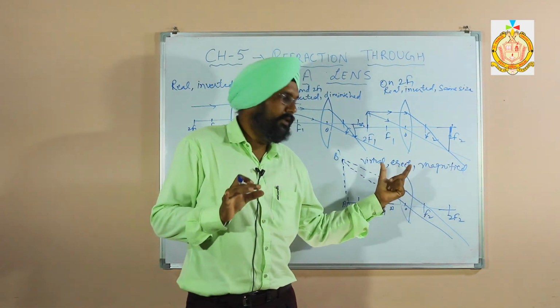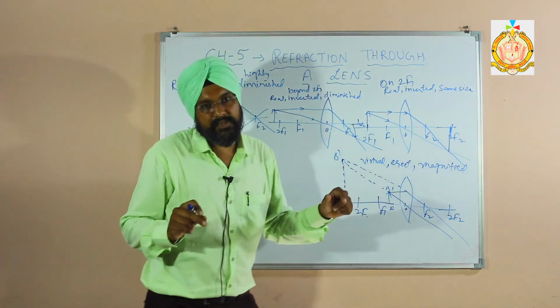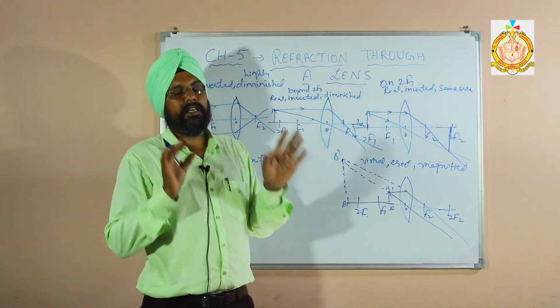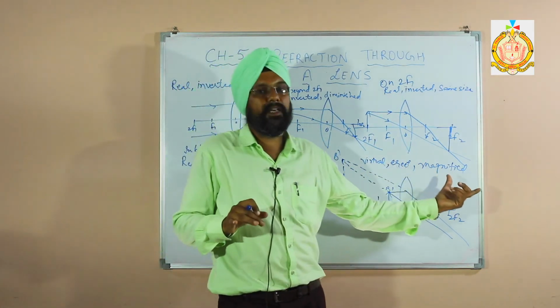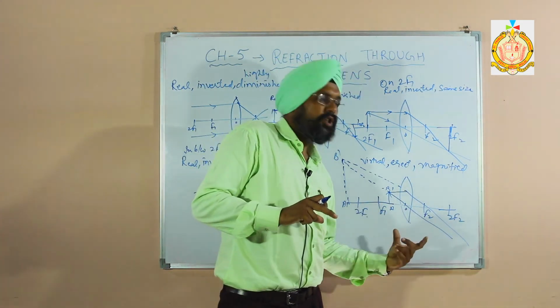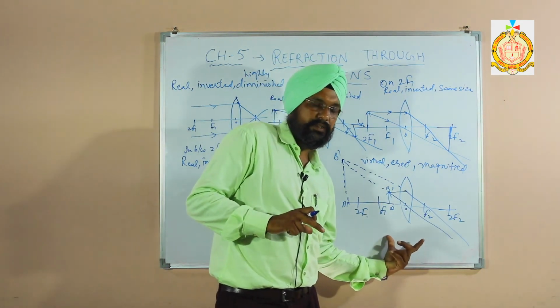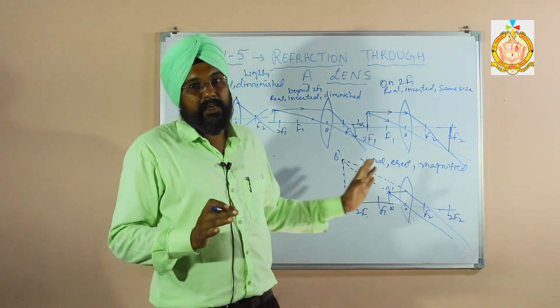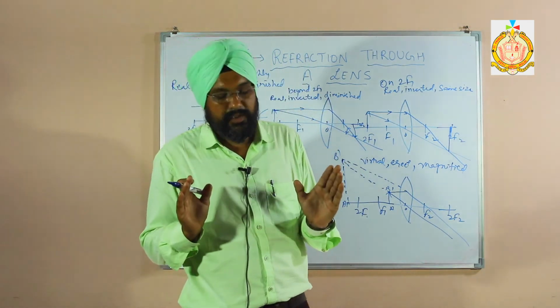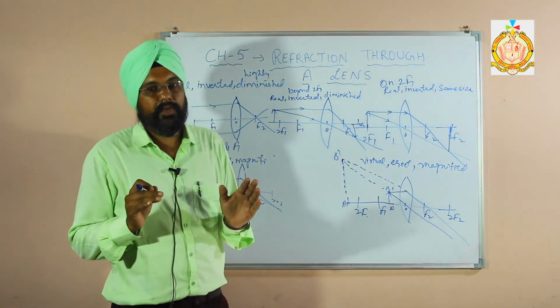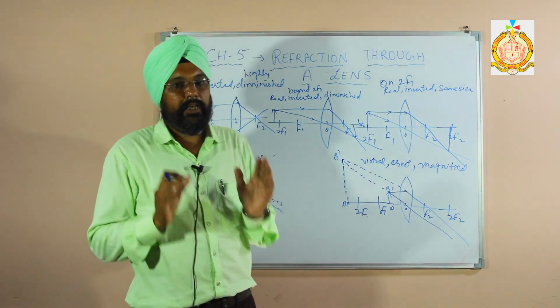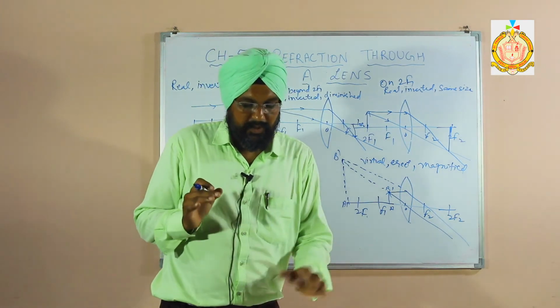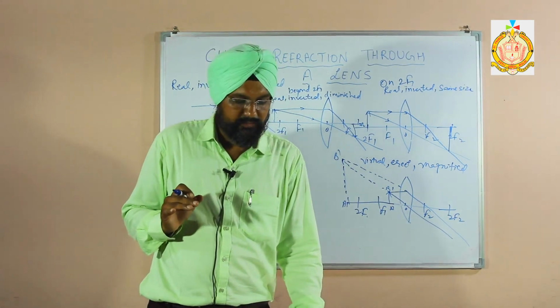Sometimes they give only these characteristics and ask you to draw the diagram when the image is virtual, erect and magnified, then you have to draw the special case only, my dear students. So read this topic and draw this diagram at least 3 to 4 times, students. Then only you will be able to draw such diagrams. You can try to solve this one. Thank you.